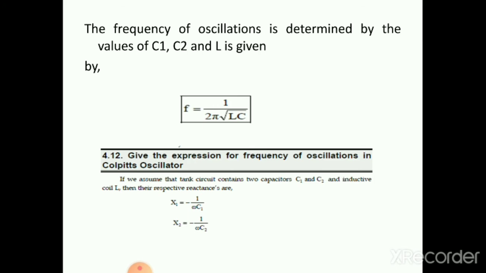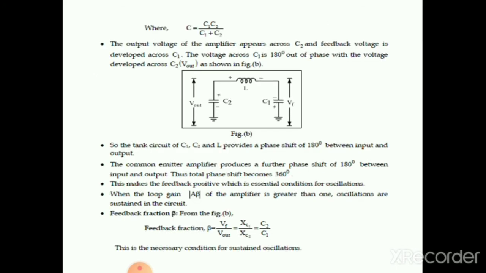Now we go to the expression for frequency of oscillations. If we assume that the tank circuit contains two capacitors C1 and C2 and an inductive coil L, then their respective reactances are X1 equal to minus 1 by omega C1 and X2 equal to minus 1 by omega C2, where C is equal to C1 C2 by C1 plus C2. Similarly, the output voltage is across capacitor C2, and the input feedback voltage